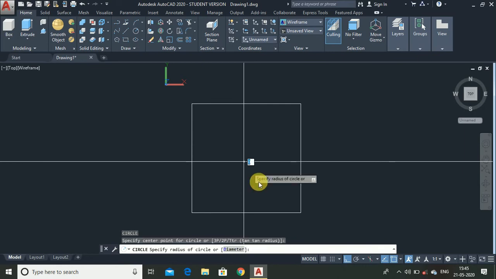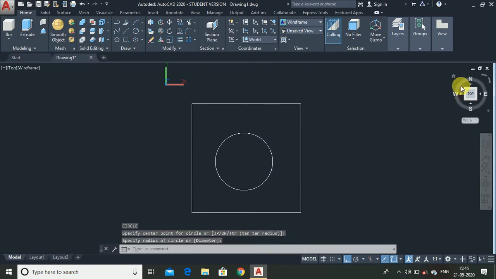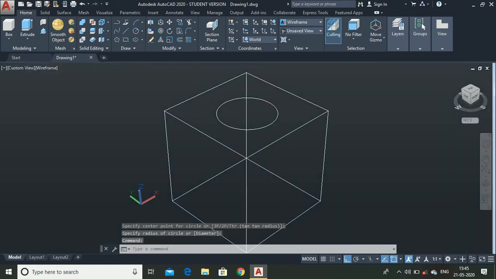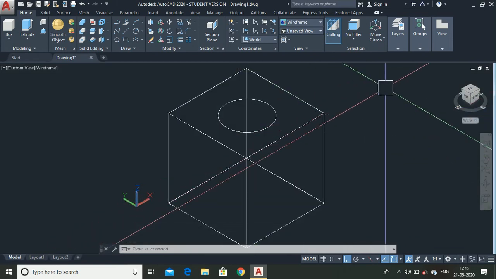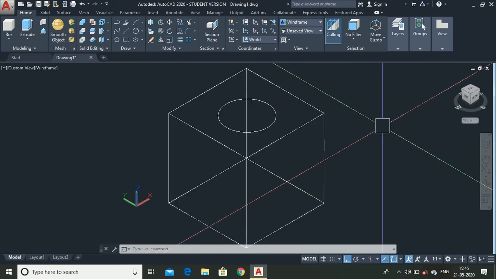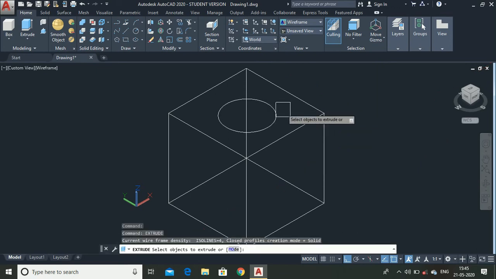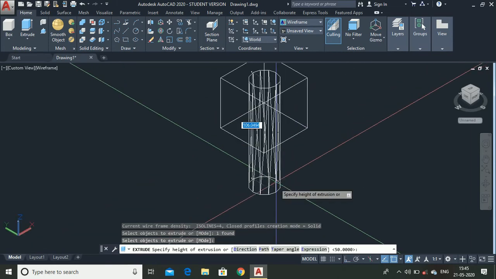Just make a circle of approximate size, then select this option, then select the parallel option. Now I want to subtract this circle from this. For that I will first extrude it. Simply type extrude and select the circle, then move it towards the cube.